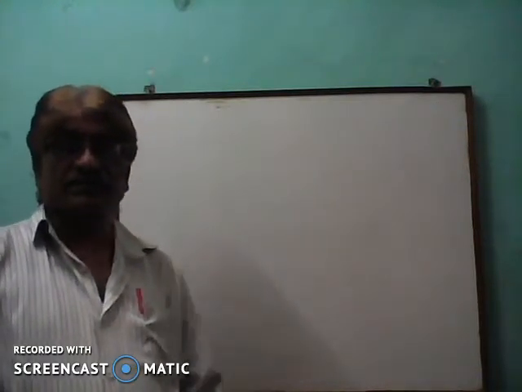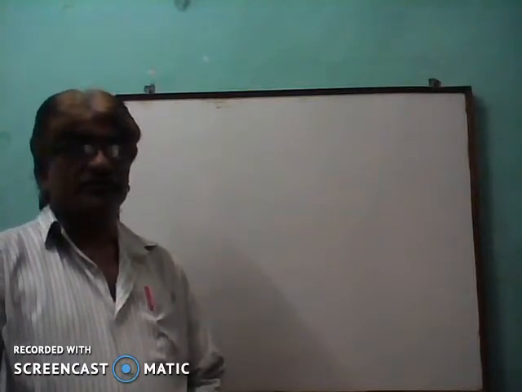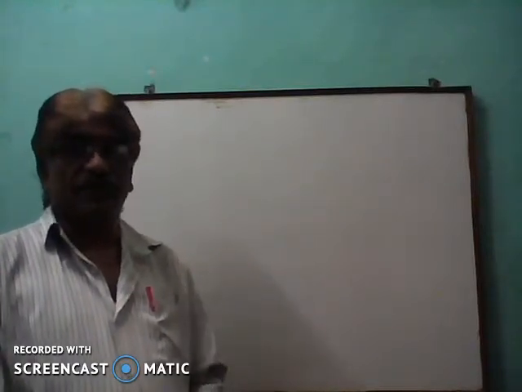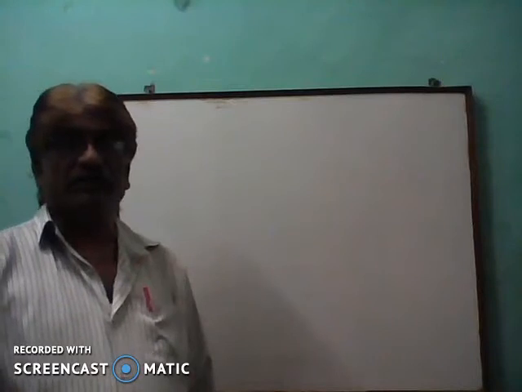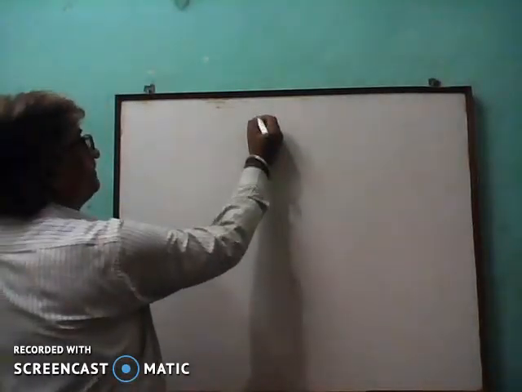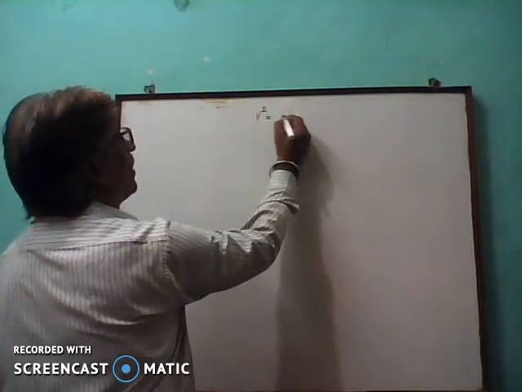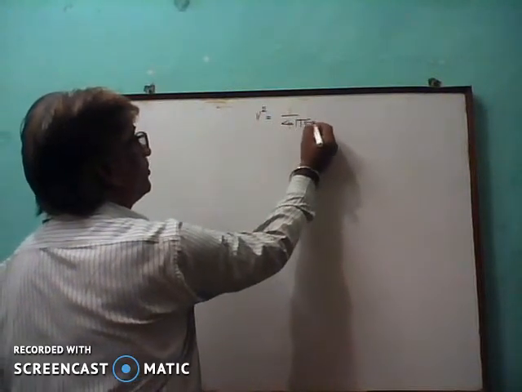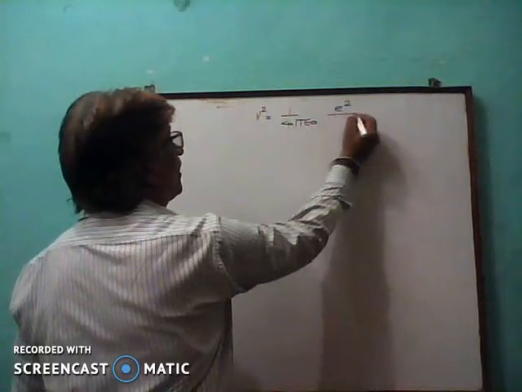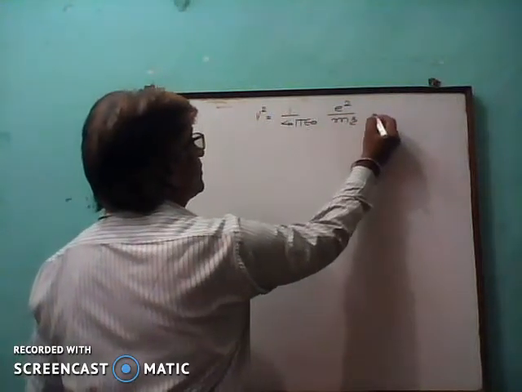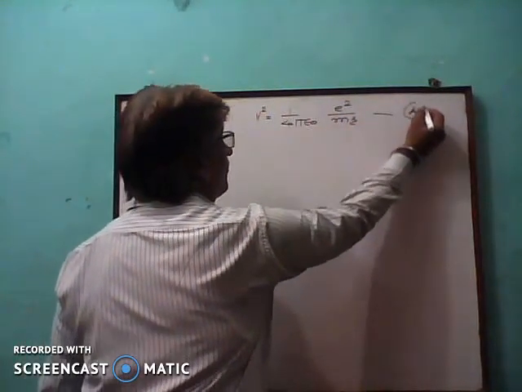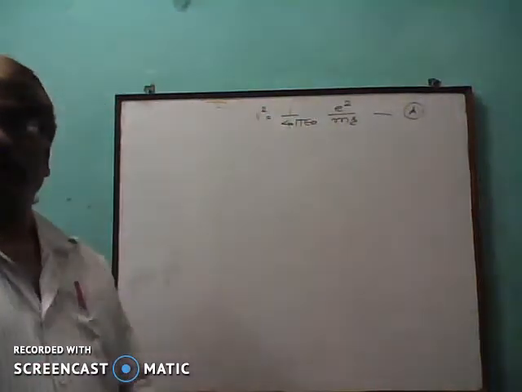In the previous video, we have seen the first postulate and we want to calculate v square, which is equal to 1 upon 4 pi epsilon 0 into e square upon mr. Suppose this is equation number A. From the second postulate,